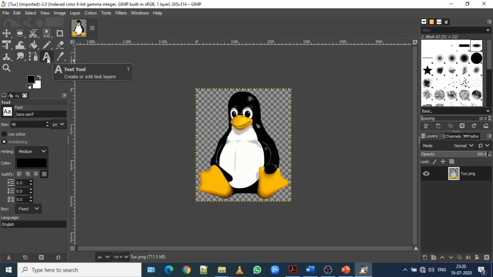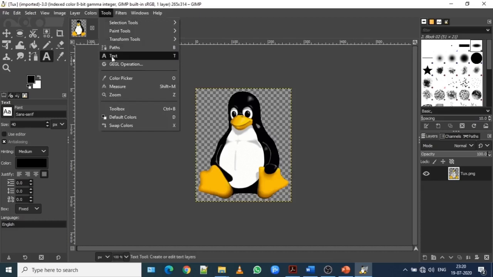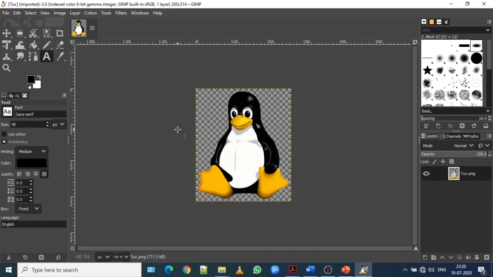Either you can directly click over here from the tools option, or the formal method is go to Tools, then click on Text. Once you click on Text, the cursor changes. I'm going to click on this section and I'm going to increase the size of the text box.